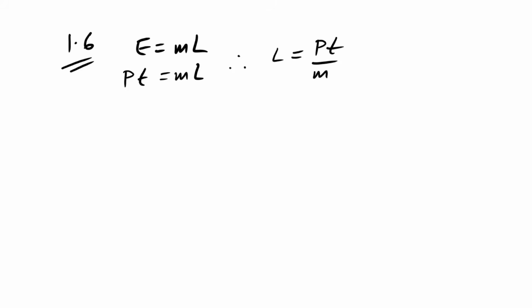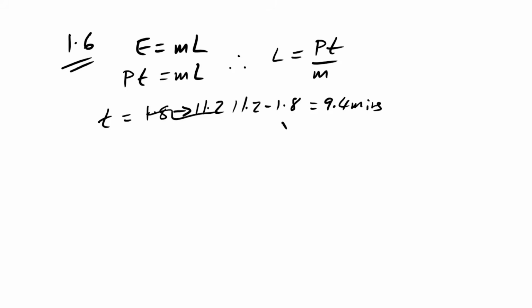It's not the same time, because we're talking about the time to change the state of our quarter of a kilogram of this metal. And I can see that the time is going from 1.8 to 11.2. Of course it was, because that was our beginning of the time in the previous question. So therefore, we're going to say 11.2 take away 1.8. We end up with 9.4 minutes, but then we have to times that by 60 again,